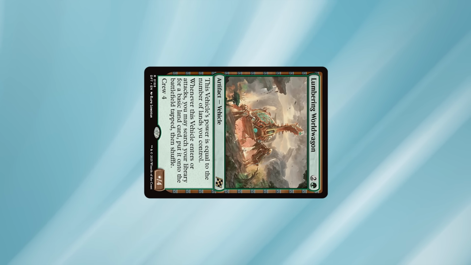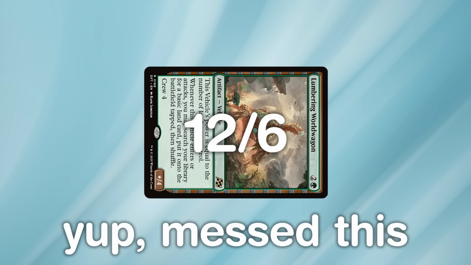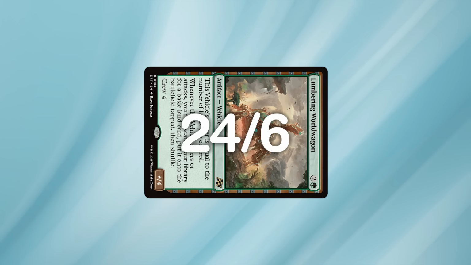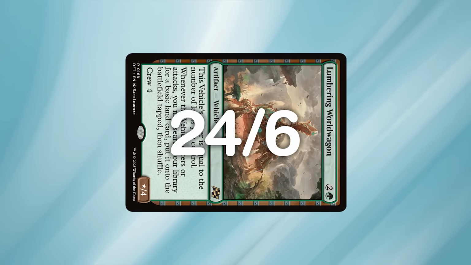If we have 4 lands in play, that means the wagon was a 4/4, and then a 6/6, then a 12/12, and then a 24/24. So theoretically, in this situation, we could attack for 24 damage. Then once we've done all that analysis to figure out that that's one way this interaction could go, that I could attack for 24 with this creature,